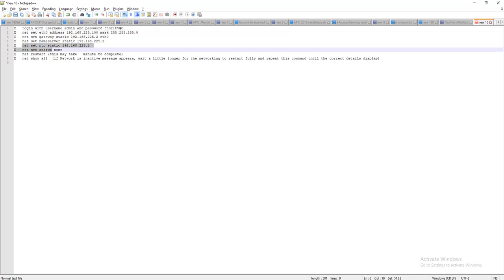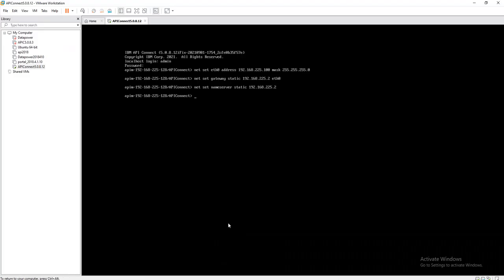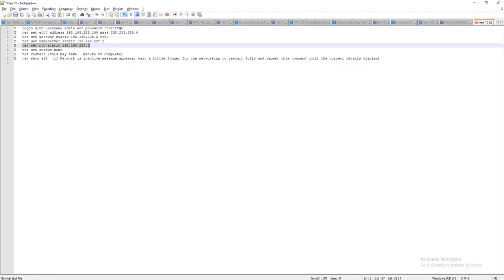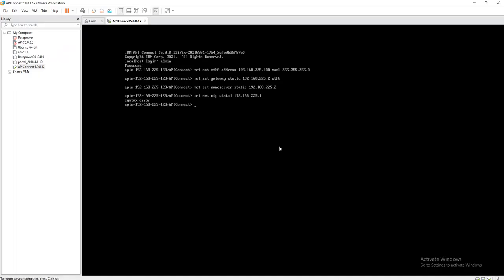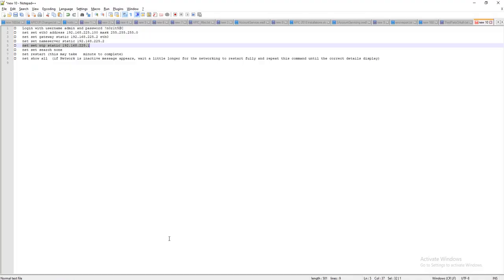Then net set NTP static. And net set search none.